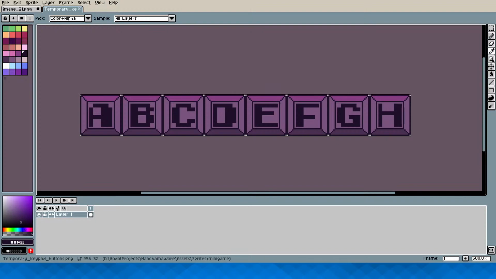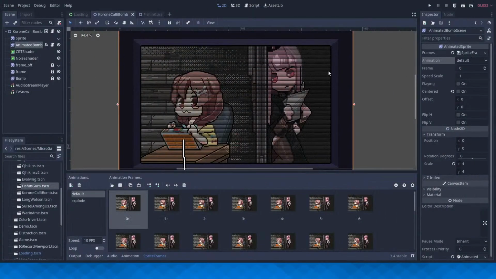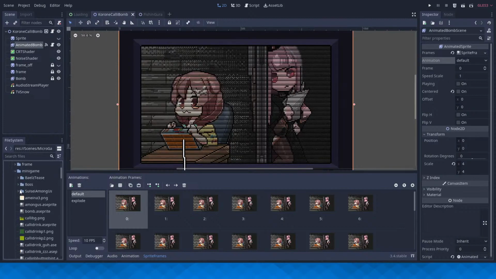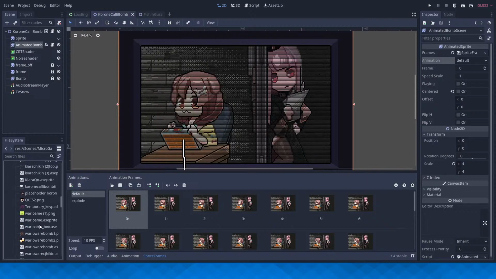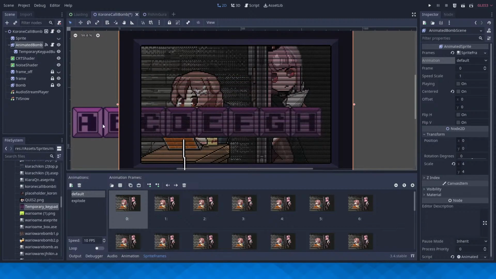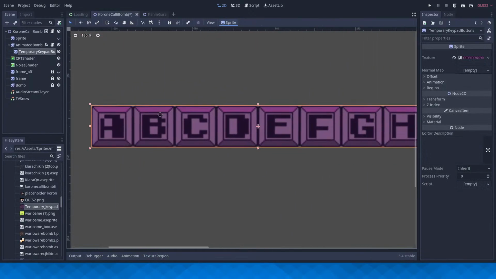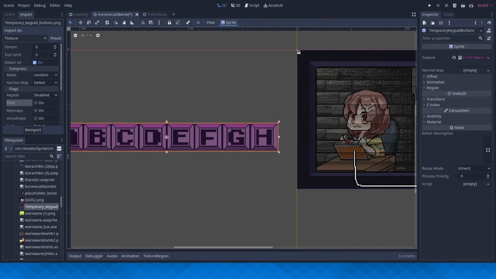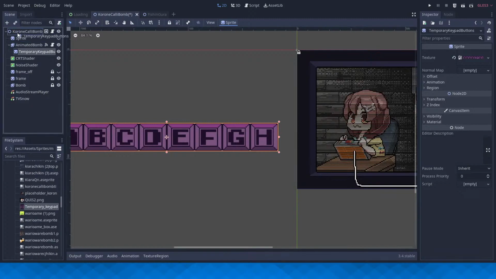This looks good for now. I think I'm going to import this. So let's see how that goes. Switch over. Transition. Alright. Cool. So, move over to Assets, Sprites, Minigame. Did I open that up? Yeah. And temporary keypad buttons. That is being filtered right now. I should make sure that's not the case. There we go. That looks better. Is this being scaled up? Oh, yeah, it is.